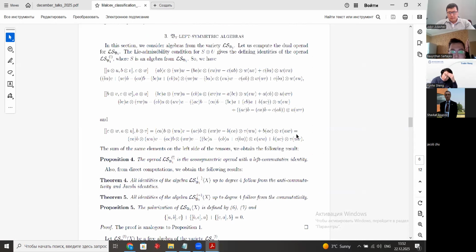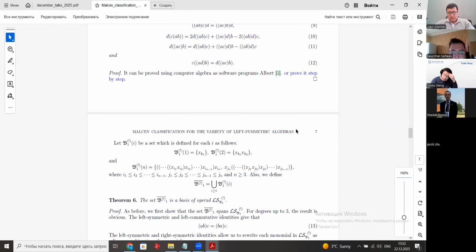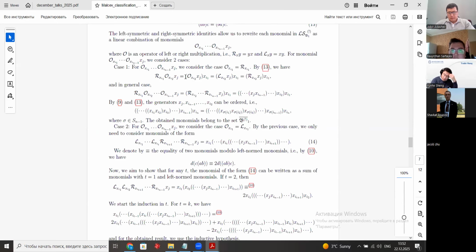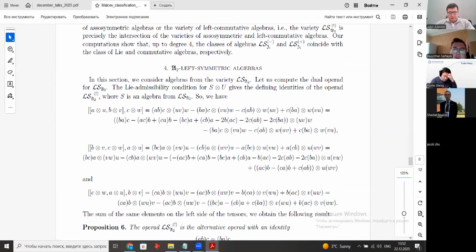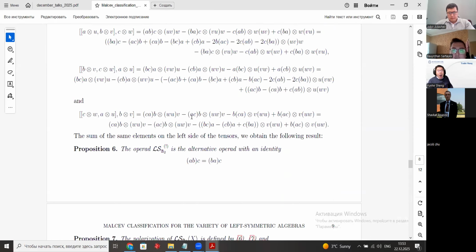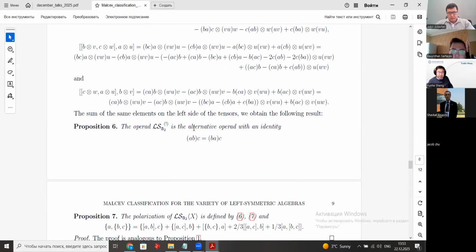And if we consider left symmetric Pre-Lie algebras of type A2, then its brother, the Koszul dual operad, will be an alternative operad with this identity. I call this identity